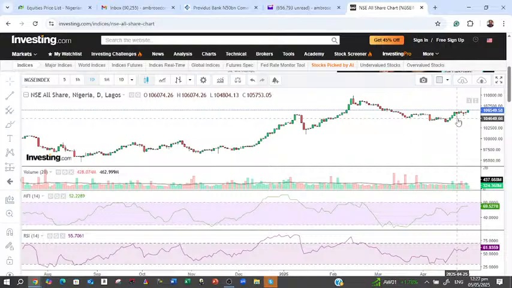One is Nigeria Brewery, Guinea Insurance, UBA, WAPCO, Keja Hotel, NEM Insurance, Aradel, Fixing Healthcare, Cadbury, Unilever, Seplat, Dangote Cement. Yes, Africa Prudential is out because they have not factored in their recent work. The number looks good, but immediately after that they go on to dilute their earnings. And also NASCON, a good number from NASCON.